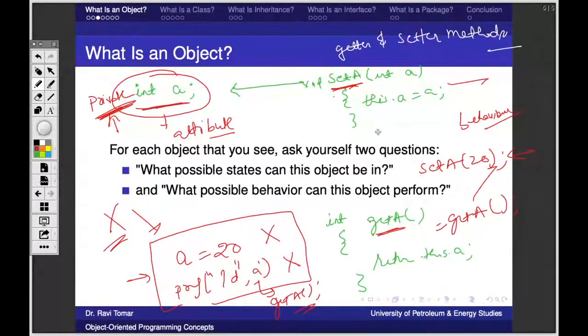We will see many of the pre-built libraries give you these kinds of functions to get and set the values. So there is a very strong reason behind this. Anyone want to give it a try? Why do we have these functions? What was the problem with accessing it directly? And why should we have it like this?